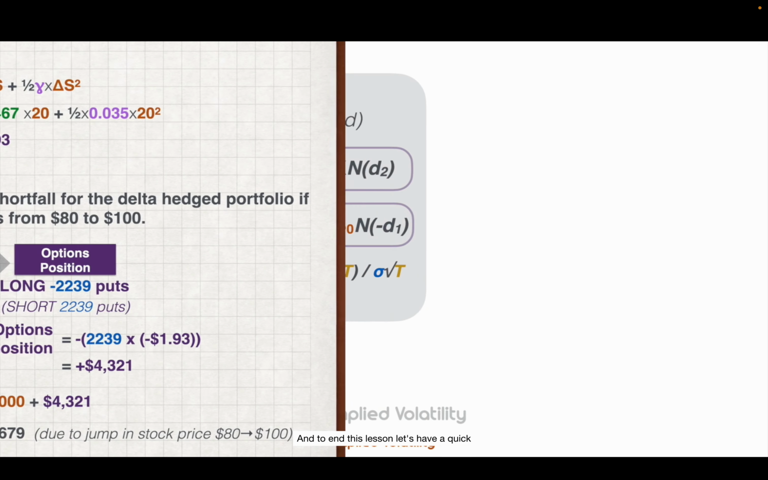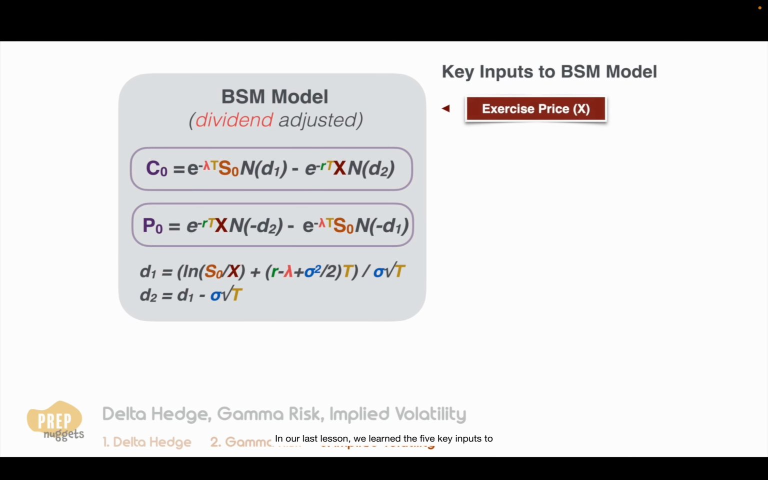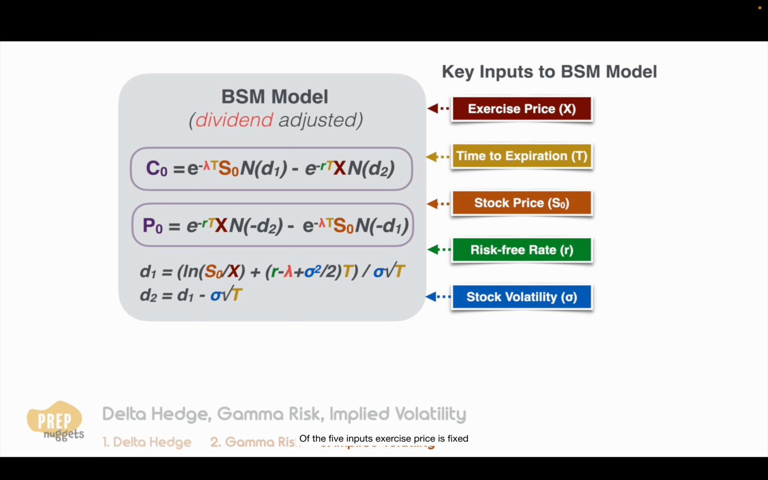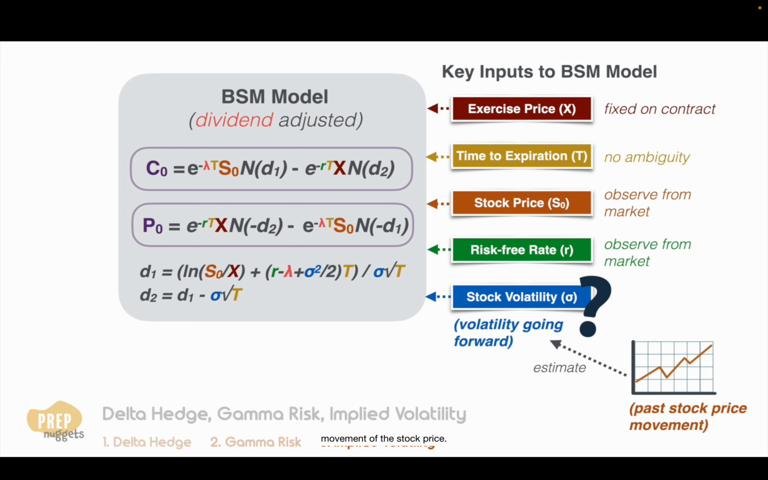And to end this lesson, let's have a quick discussion on implied volatility. In our last lesson, we learned the 5 key inputs to the BSM model. Of the 5 inputs, exercise price is fixed on the contract. There is no ambiguity on time to expiration, and stock price and risk-free rate are observable from the market. The only input that is unknown is stock volatility. Stock volatility here should be the volatility going forward, and it is usually estimated using past movement of the stock price. All 5 of these inputs are fed into the BSM model,